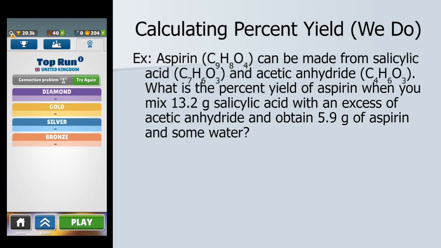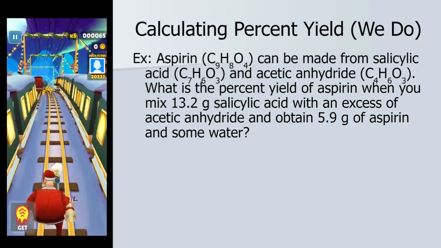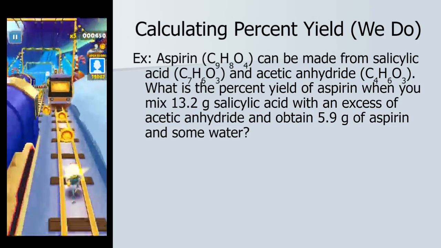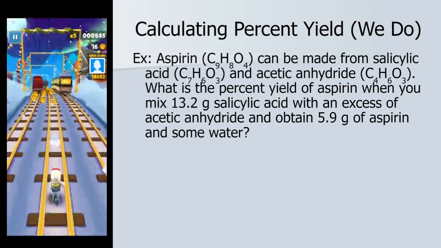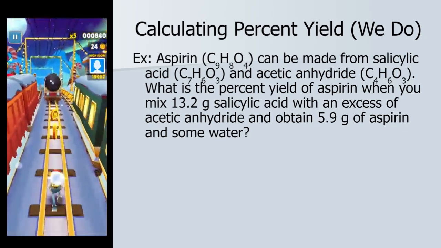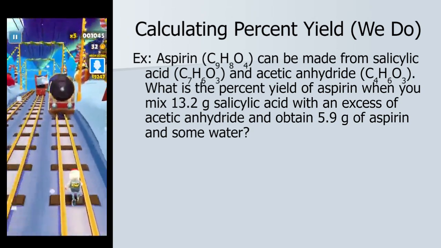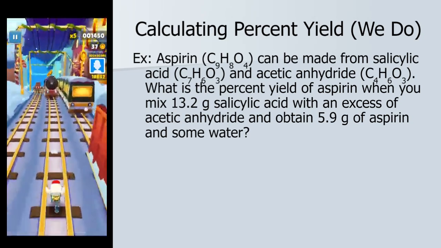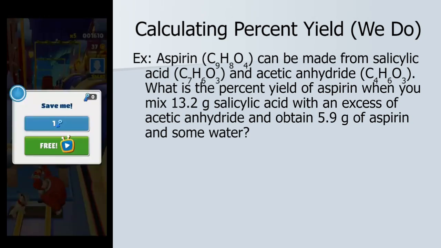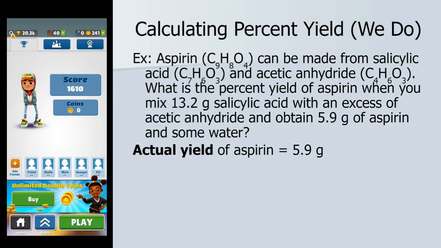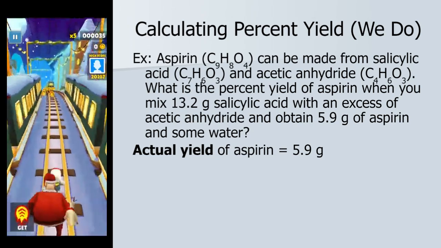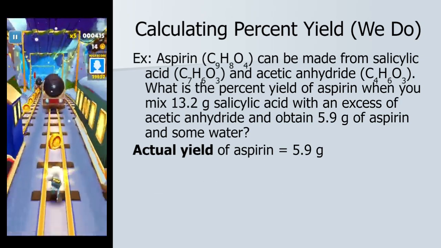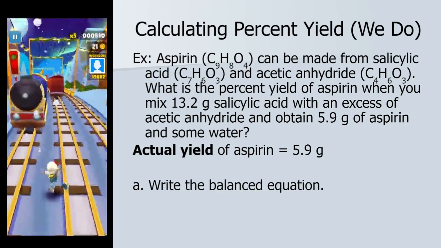So in this example, it's asking us to find the percent yield of aspirin when we mix 13.2 grams of salicylic acid with an excess of acetic anhydride and obtain 5.9 grams of aspirin in some water. So it's given us the actual yield of aspirin, which is 5.9 grams. And notice how it says that there is an excess of acetic anhydride, which means that salicylic acid will be our limiting reactant. So first, we have to write a balanced equation